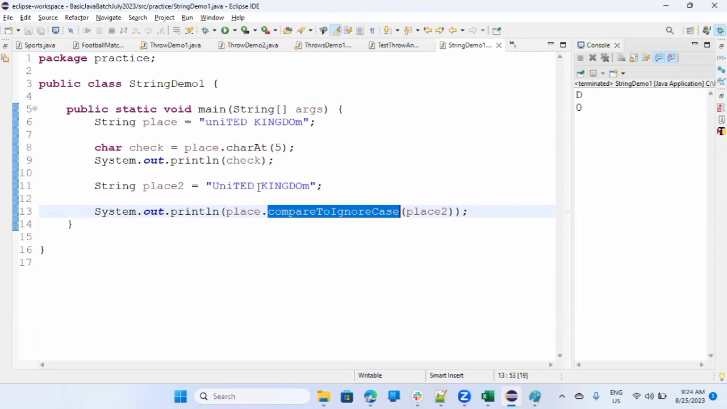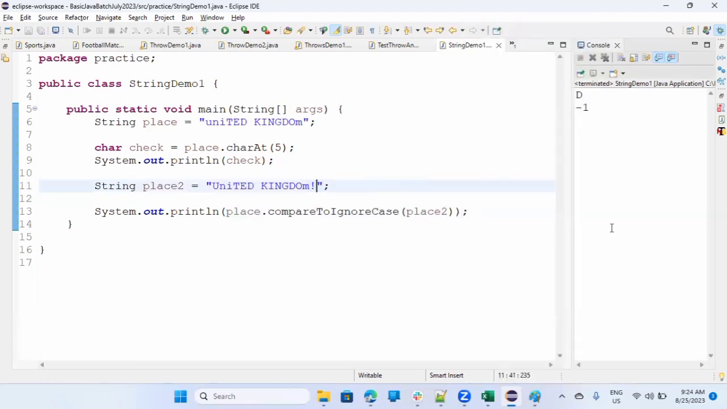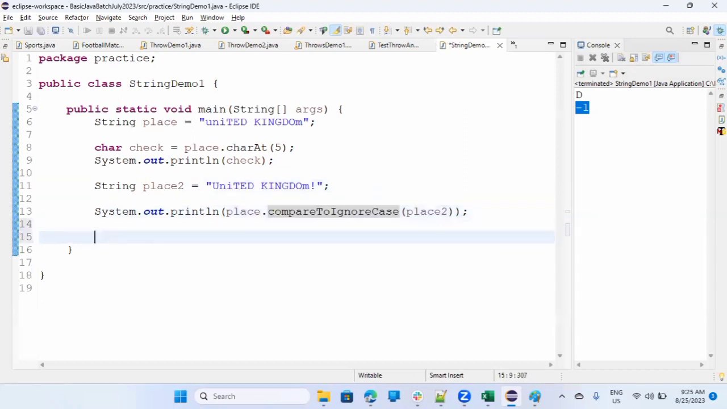But what will happen if I say United Kingdom and I put some exclamation mark here. Okay, I'm putting an exclamation mark at the end. Now, if I run this, both strings are different. It's not the same. So it's saying -1. -1 means both are not matching when you say compare to ignore case. But let's see